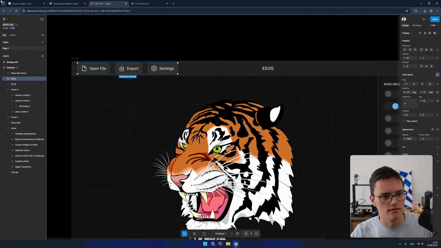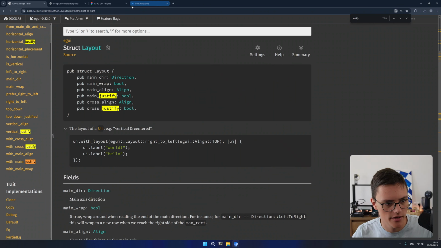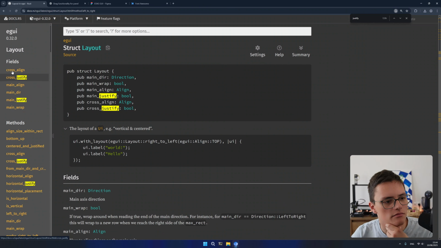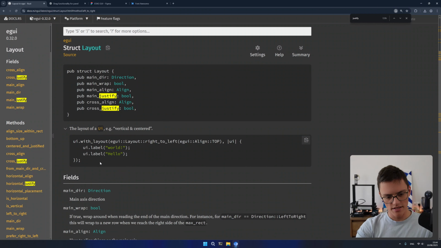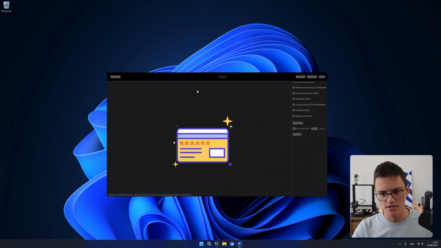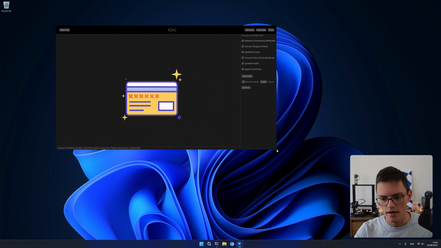Admittedly, the layouts are a little bit confusing for me. I need to read more in the documentation about them, and I will, because this justification doesn't seem to work as I expect it to. And I expect it to work like CSS Flexbox, and it doesn't, which drives me nuts a bit. Otherwise,